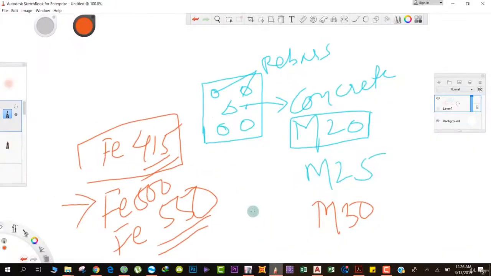So after defining the materials, now we have to tell ETABS the size of the beams and columns. So we have to tell ETABS what is the depth of the beam that we are using, what is its breadth, and we have to also tell ETABS the size of the column and also of the slab. And we have to also tell ETABS what grade of concrete the beam is using and what grade of steel it is using. So for that